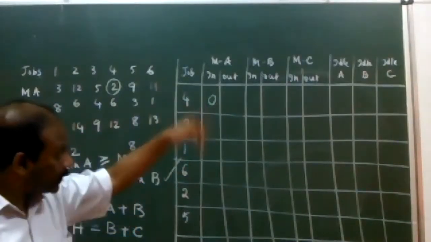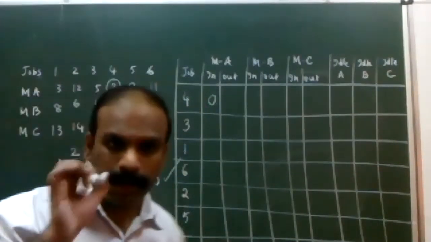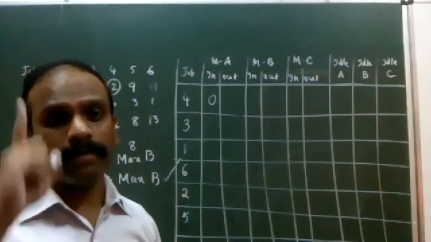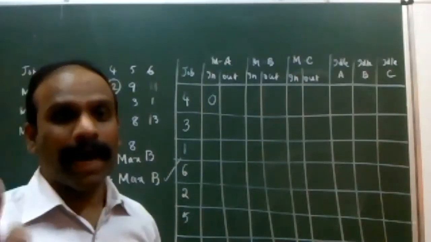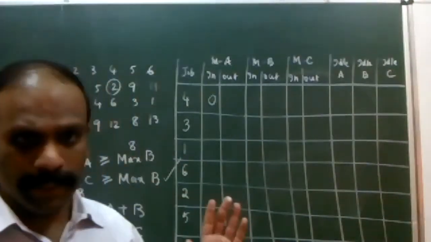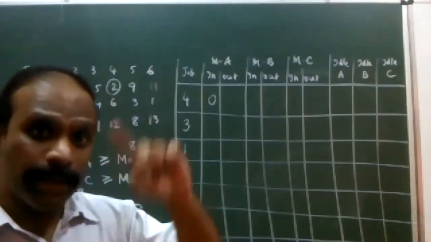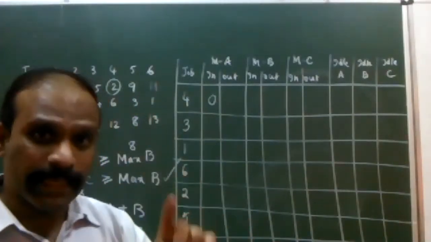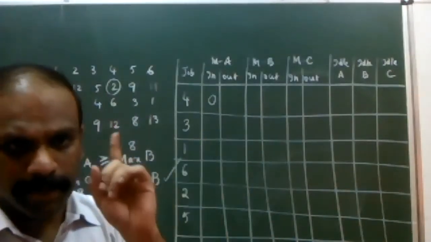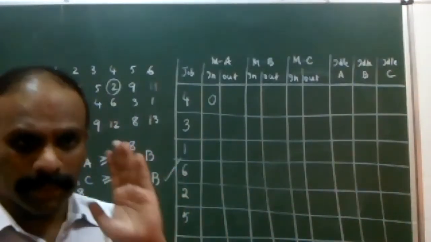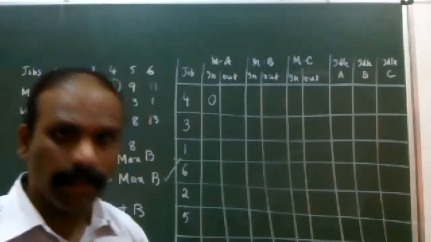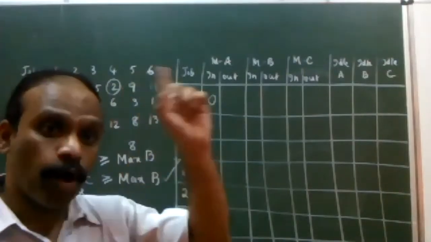If you look at this three machine problem, I want to make it very clear to you. Machine A is independent, whereas machine B and machine C are dependent. Now, what is the relationship here? Machine A is completely independent. Machine B is dependent on A, and machine C is dependent on B. This is how the relationship is established. I'll repeat it once again. Please remember, machine A is completely independent. Machine B is dependent on machine A. Machine C is dependent on machine B.